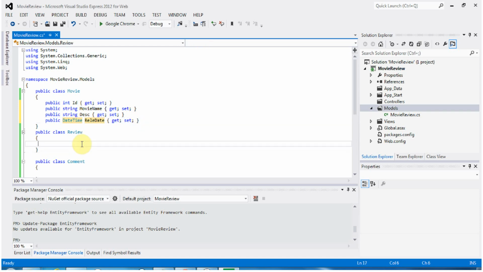Okay, and then in the review we're gonna create ID,